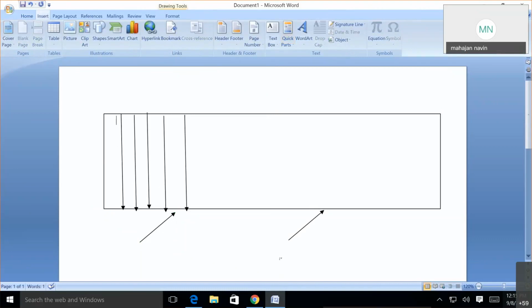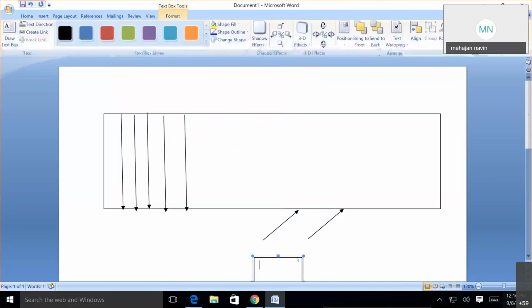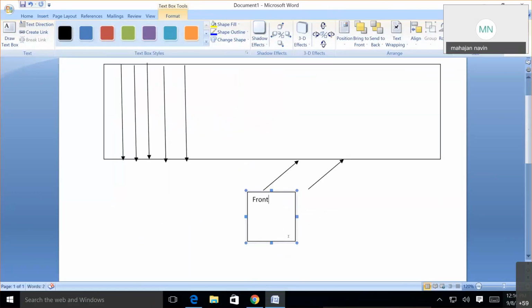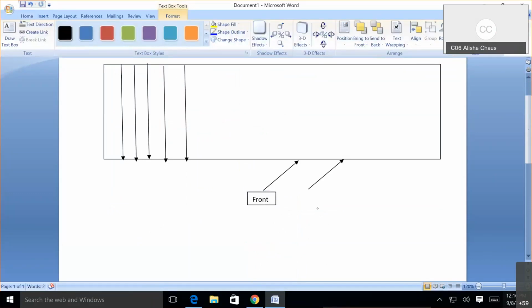But what happens if I'm pointing somewhere here, which is the 40th element, and this is the 50th element? Suppose you take a text box: front, and this is rear.